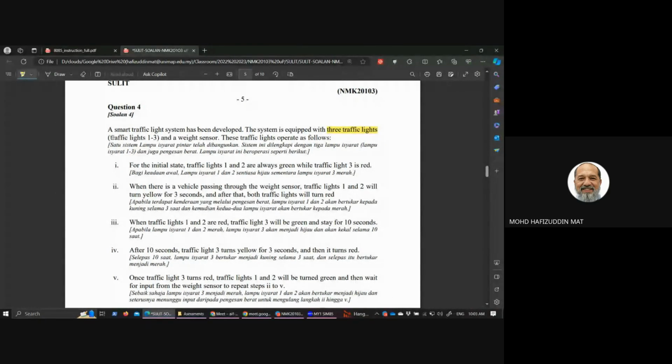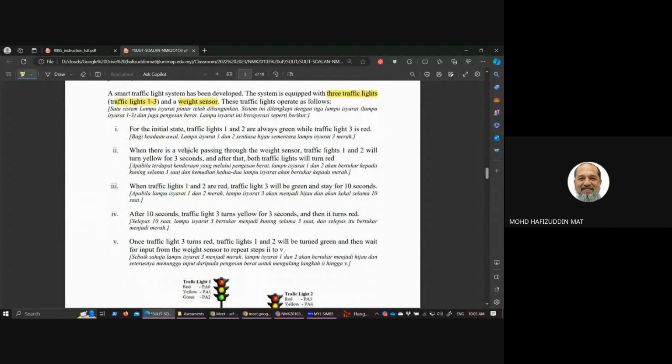Traffic light number 1 until 3, and the wake sensor. So we have one input and 3 outputs. The 3 outputs are the traffic lights, which are colors yellow, red, and green, and the input is the wake sensor. So the operation for this traffic light, for the initial state,